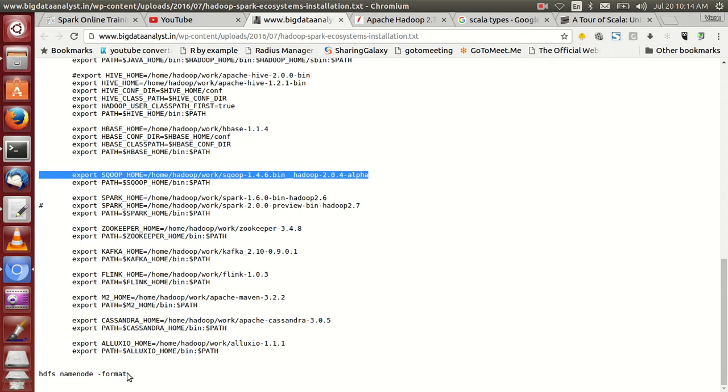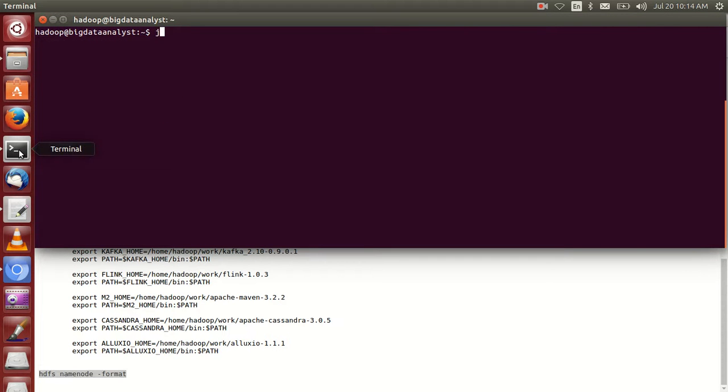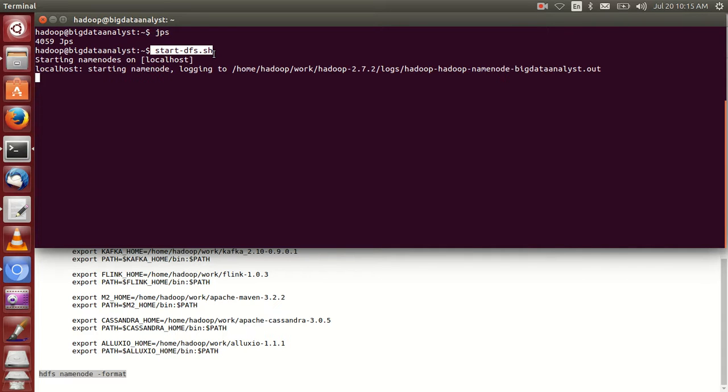Finally after running format, you can check. If you run jps, then automatically you must get this, then it is confirmed Java is installed in your system. Then run start-dfs.sh, this command to start Hadoop. If now you don't have any problem, 100% it is working fine.